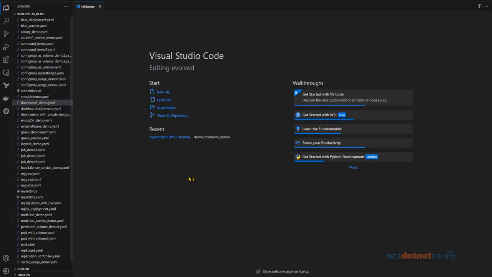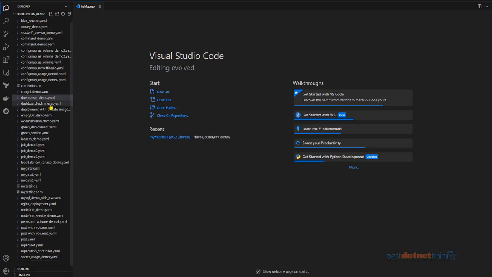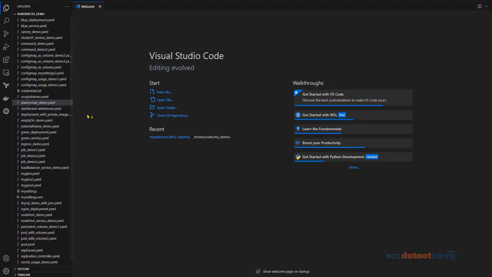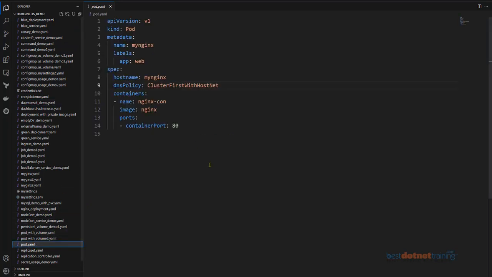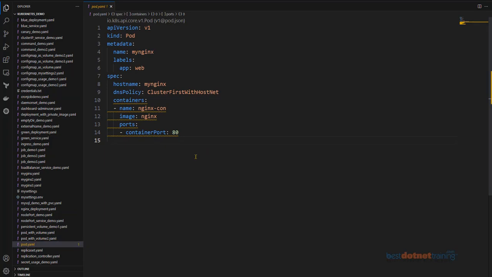That's all the YAML files that we have seen so far. But this is not the only list. We have a few more in my Linux machine. Okay, you know that. So let me open a YAML file which allows us to create, let's say, a pod. There you go, a YAML file which allows us to create a pod.